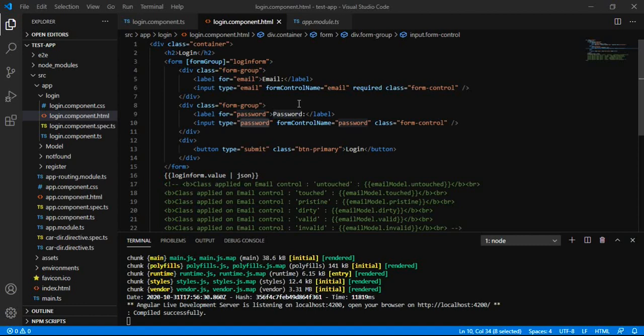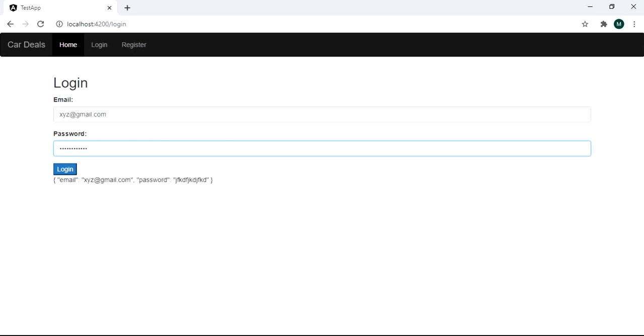So we are all done with creating the reactive form with the help of these two fields, and we are able to run the application having the reactive form, and we can see the fields are getting bound with the corresponding components declared, that is login form, and all the fields are getting bound properly, and we have also displayed the values via